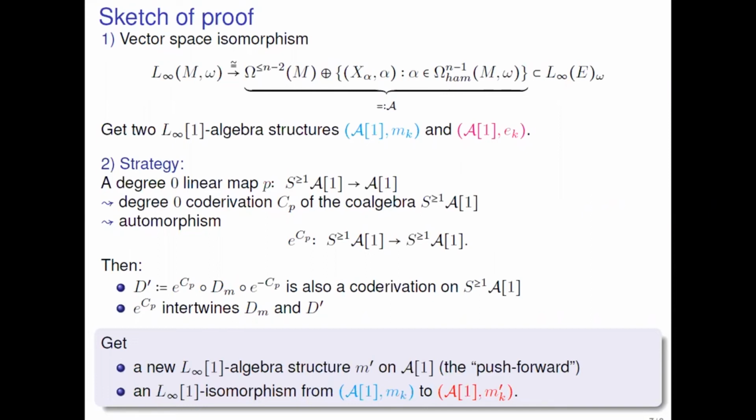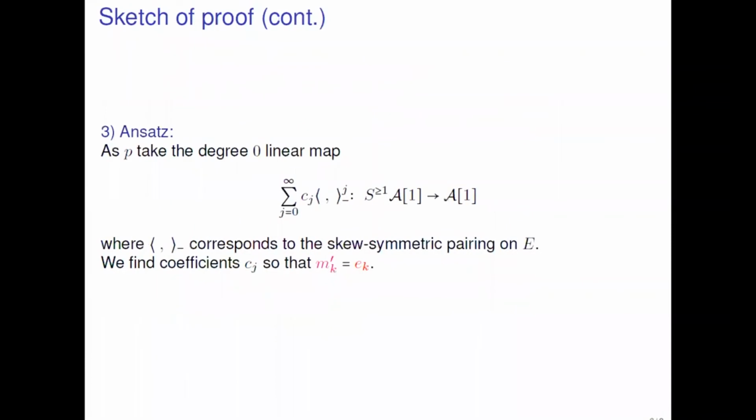So mostly the work was trying to figure out what this is. This is the last slide, apart from the references. So we make an ansatz. This symbol here is just a skew-symmetric pairing on my higher Courant algebroid. So it's inserting vectors into differential forms, skew-symmetrized. So you have to interpret that a little bit to extend it to a map defined on A and then